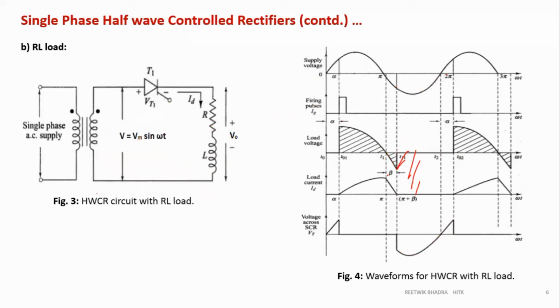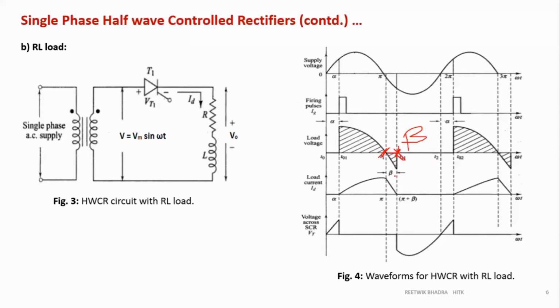And this point at this gap is sometimes taken as beta, but I generally take this point as beta, as the extinguishing angle. Whatever you want to take, you can show it. Sometimes in a question beta is given as 210, so obviously this gap cannot be 210. This point has to be 210, because this is pi and this gap will be 30 degrees. So beta is 210 means this point.